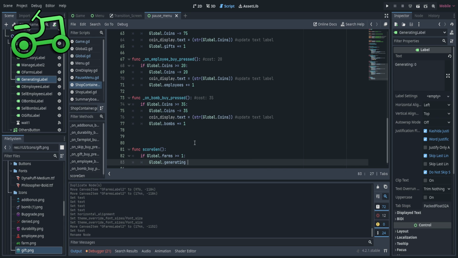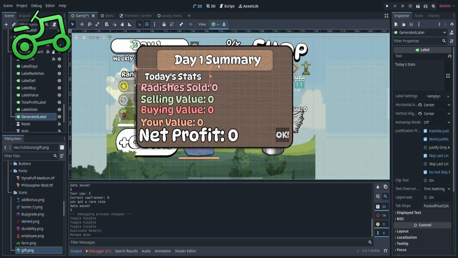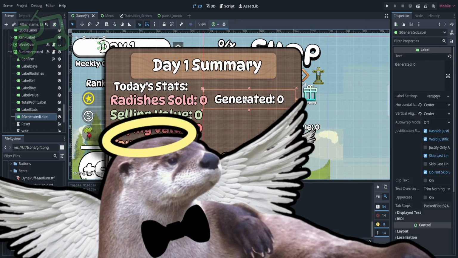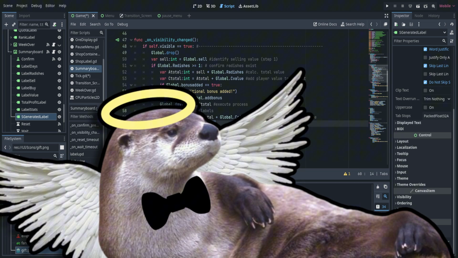faster. The only real complicated part of this process was calculating and presenting the earned profit at the end of the day. But I was so locked in, I was able to get this added in one sitting. It wasn't without its challenges though. Now that we've finished that, I say we take a quick break from the shop and move on to the